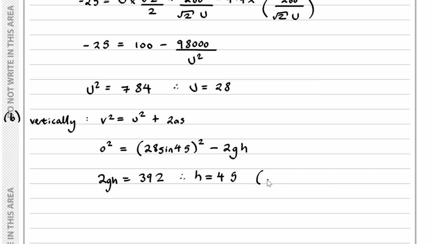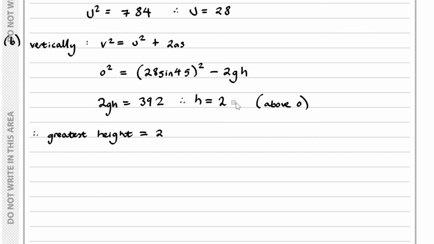So this is the height above O, and therefore we can conclude that the greatest height is the 25 plus the 20, which is